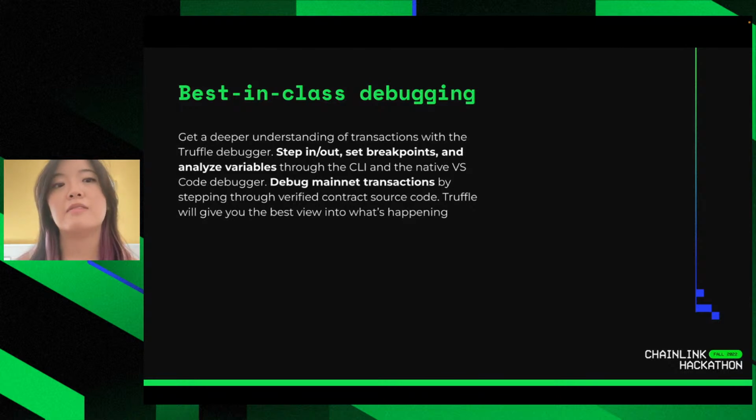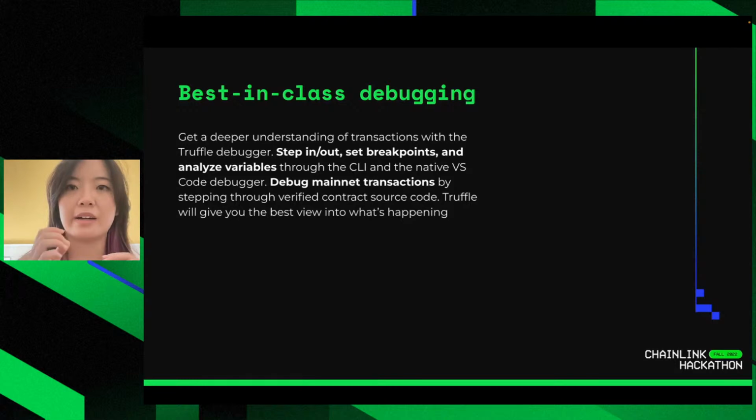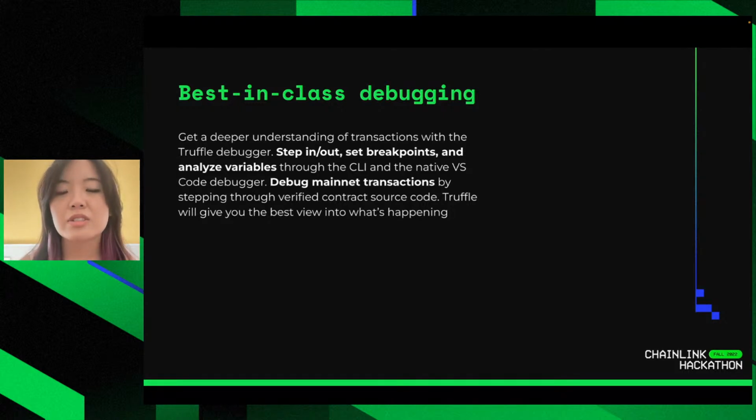However, with Truffle, we have Truffle debugging. So essentially what that allows you to do is have the full features of what you would normally expect in a robust debugger. That's stepping in and out of functions, setting breakpoints, observing all the variables within your context. So not just what you've logged, but everything that you've interacted with, both locally as well as, this is really cool, on mainnet or testnet. So essentially what you do is you would fetch the transaction hash, and you can debug it